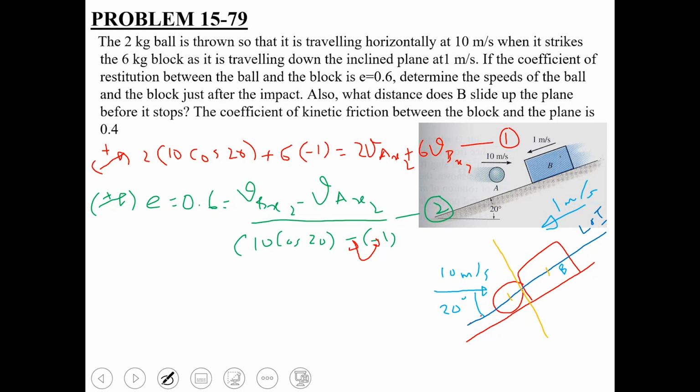So you have got two equations. Unknowns भी आपके पास दो ही हैं इन equations में. So once you solve these two equations, the unknowns would come out to be VAX2 would come out to be minus 3.079 meters per second, whereas VBX2 would come out to be 3.159 meters per second. So these are the velocities of these particles A and B just after impact, the x